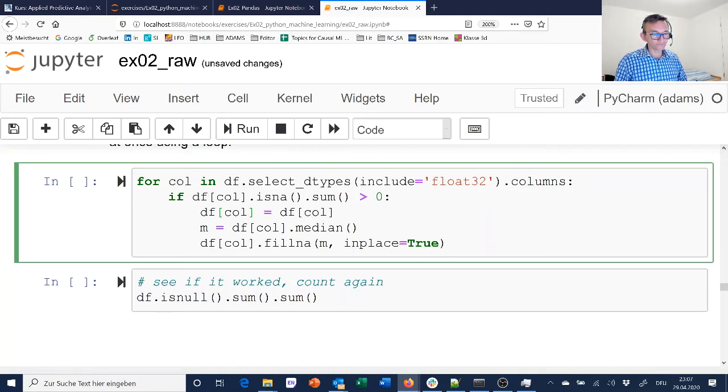I would need to index the data frame column, and now I would need to index that again using the index coming from isna or isnull. And that is a bit tricky. Because of that, I did it differently